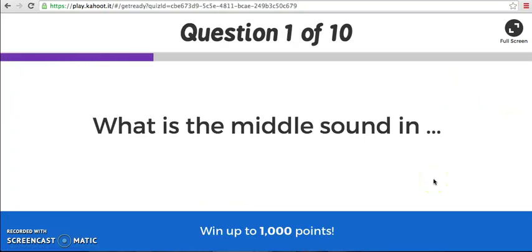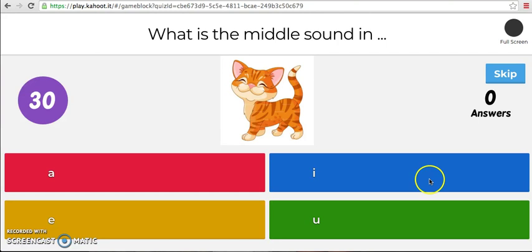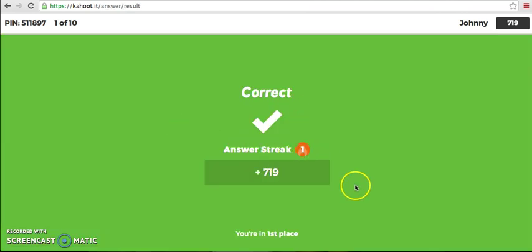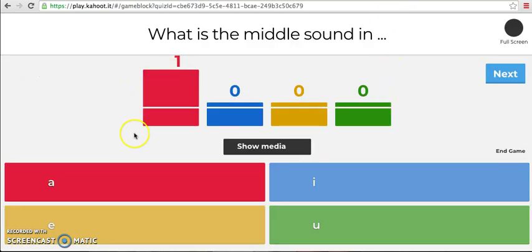And then I would say, what is the middle sound in cat? They get 30 seconds. They have to identify that A is the middle sound. On their screen, it just shows the colors, so they have to identify it's A and select the red. And then it says correct. Now it says you're in first place because right now Johnny is the only one playing, but it would tell them first, second, third, fourth. It would tell them where they're at on the board, and then it shows us all